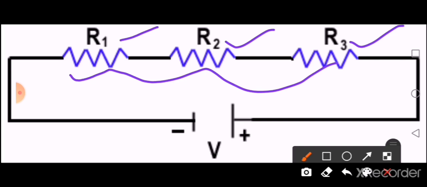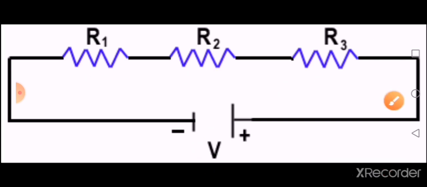Now it is connected to a battery or a cell having voltage V. Here what you have to learn is the equation for resistors in series and the equation for resistors in parallel. Before coming to the derivation, there are two facts that you have to note about your